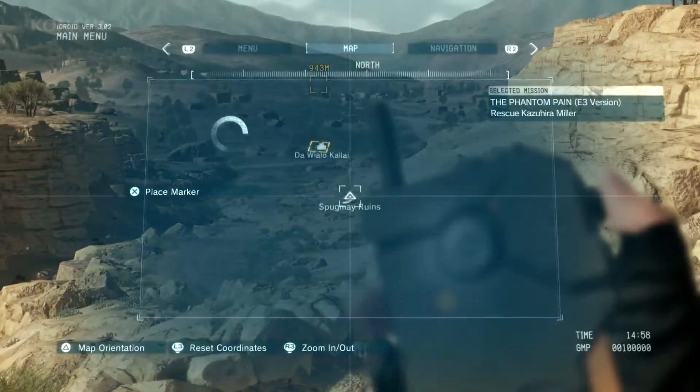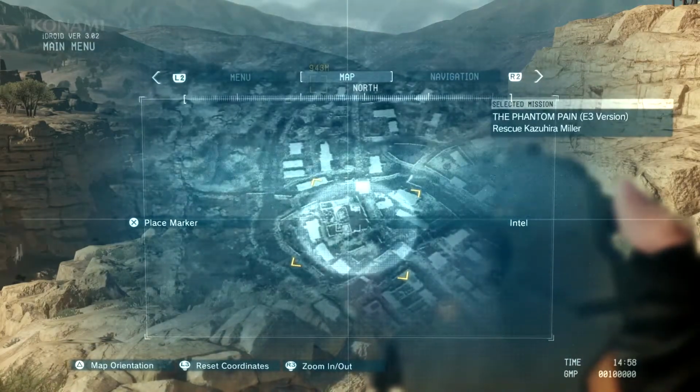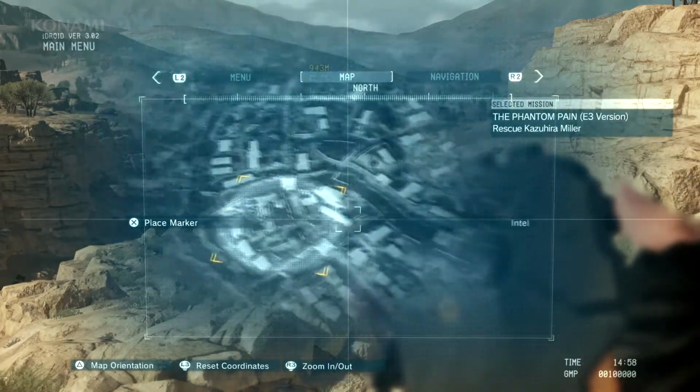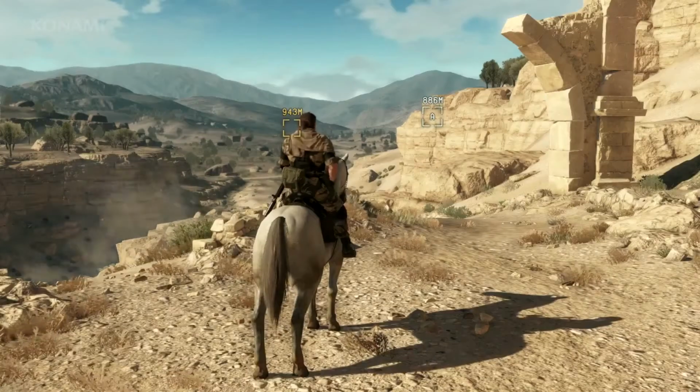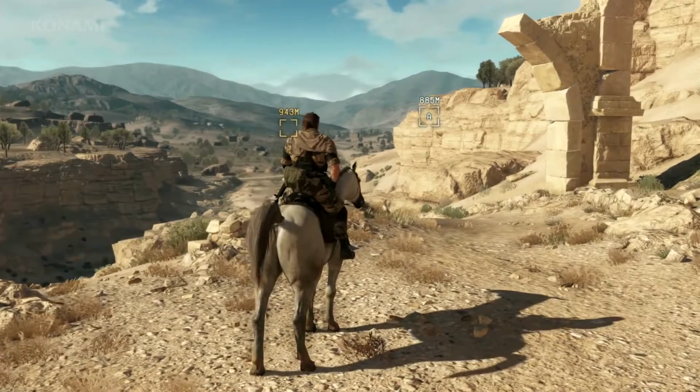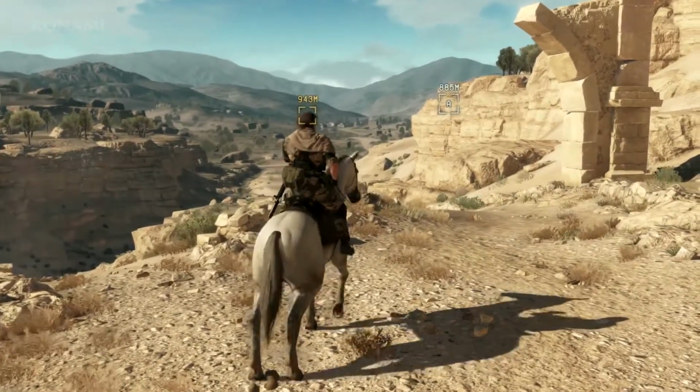So to start with, let's go ahead and open up our iDroid. And we see here our target area. But before we charge in, we should probably scout out the area, so we'll go ahead and mark a vantage point on our map here. Marker placed. That we can use to scout things out. And yes, your horse will do this in the game from time to time, but we'll just ignore that and